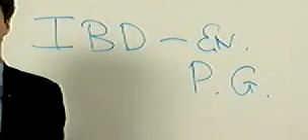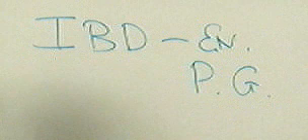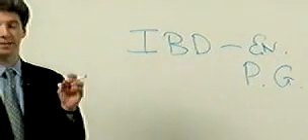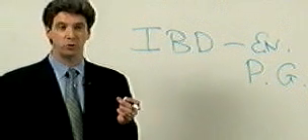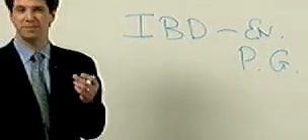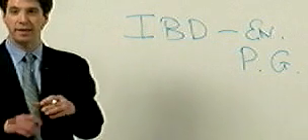Erythema nodosum and pyoderma gangrenosum. What do they look like? They might show you a picture. Erythema nodosum, red, raised nodules, typically on the shins, the lower extremities. And they're tender, they hurt, they're inflammatory. All right? And patient might initially think it's a bug bite, but it's very tender, red, and